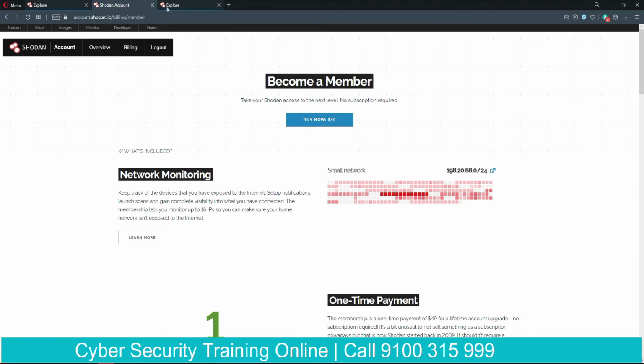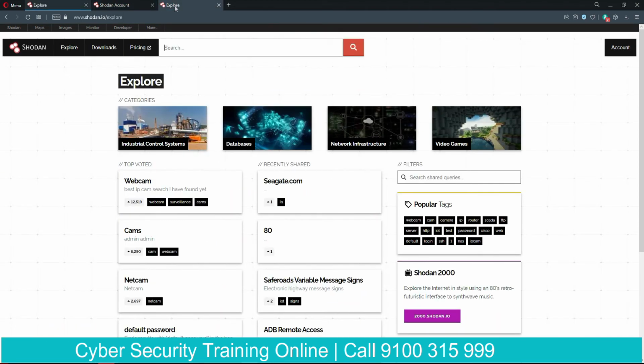Now let us try to explore this further by trying to look at different options. For example, today we will see how to use certain filters here for searching. Today I will show you some filters for searching vulnerable devices on the internet. So let's start.